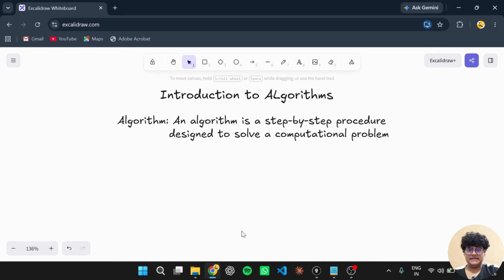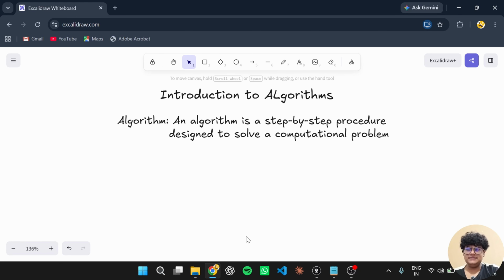Big O is not about how fast the code runs on your machine, it's about how runtime grows with input. Because a code can work at different speeds on a computer in 1995, 2005, 2015 and today on your gaming PC. So an algorithm is a step-by-step procedure designed to solve a computational problem.